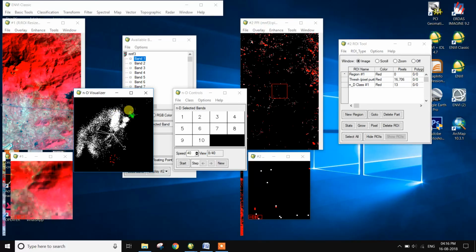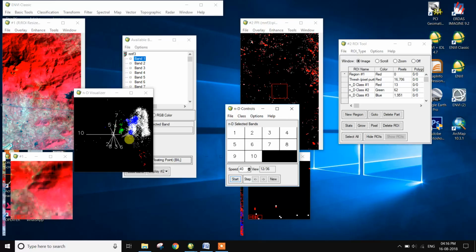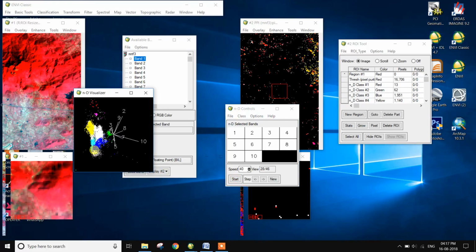Next is create polygon, right click, export class to new class. Export new. There is the complete.